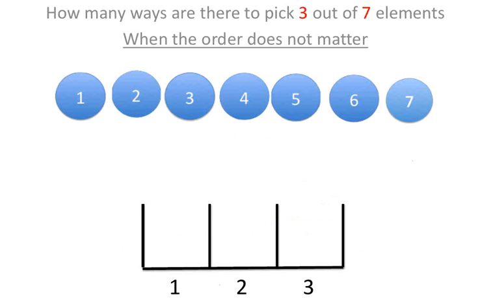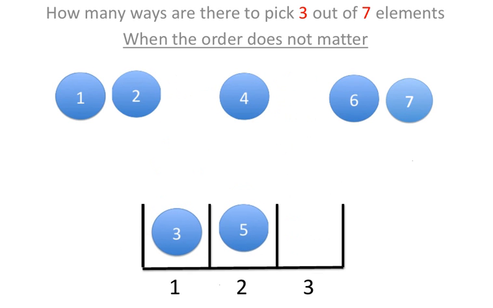What we have is 7 choices for the first, 6 choices for the second, and 5 choices for the third. And what we get is therefore 7 times 6 times 5,